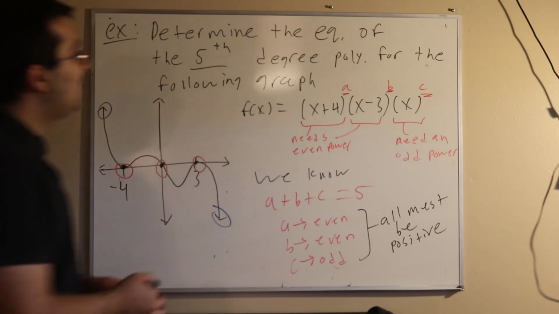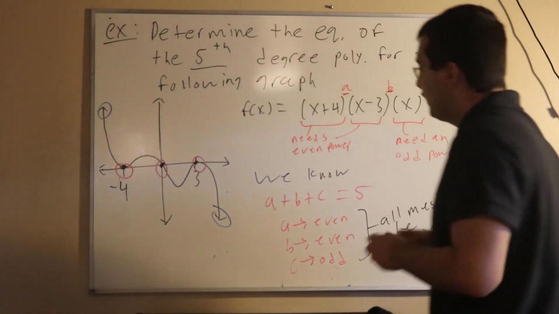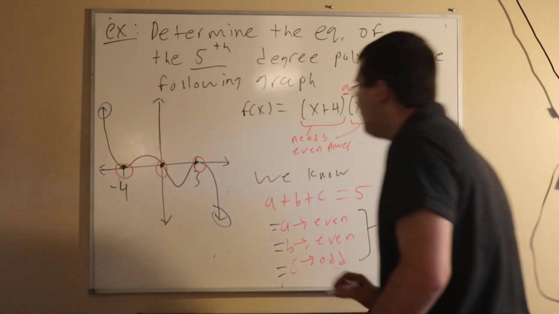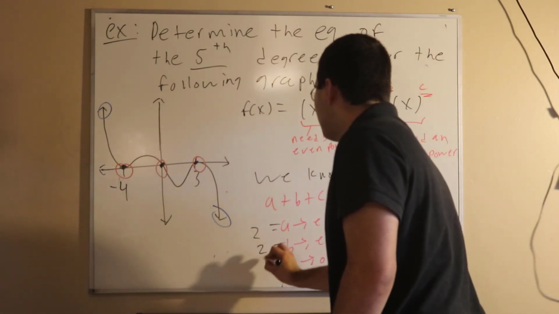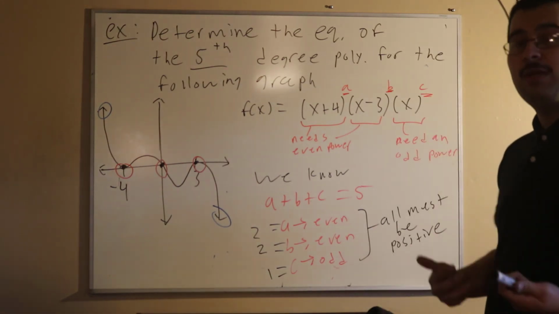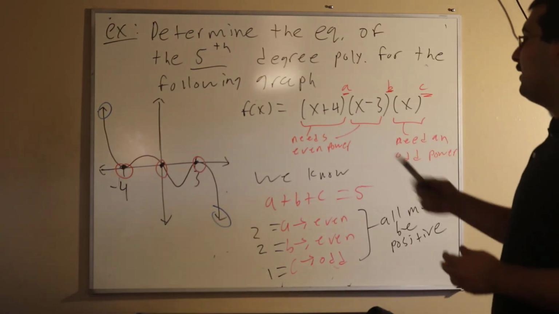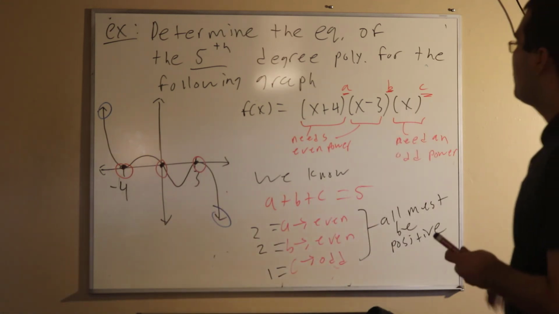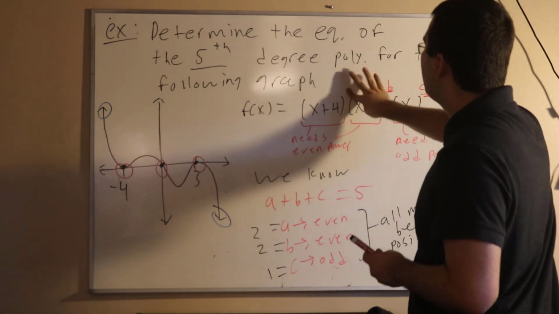Okay, if you give yourself enough time to think about it, you'll eventually come to the conclusion that A and B must be 2 and that C must be 1. This will be the only possible number combination of positive numbers that, when added together with these added conditions, equal 5. So what that tells us is that, going back up to our equation,